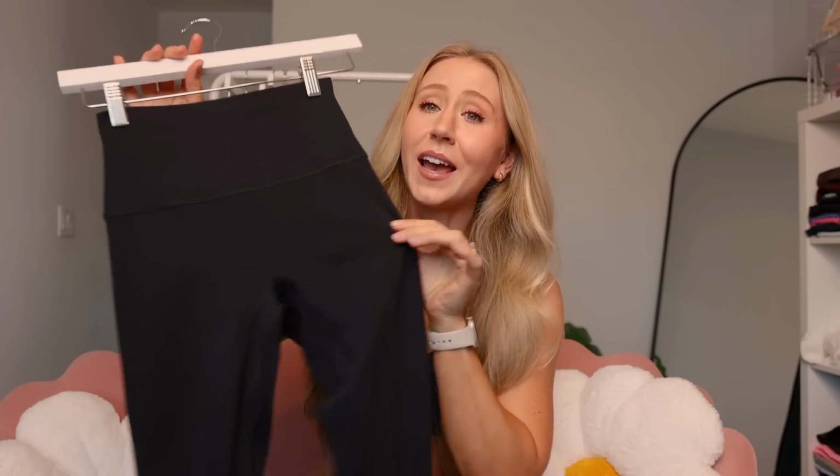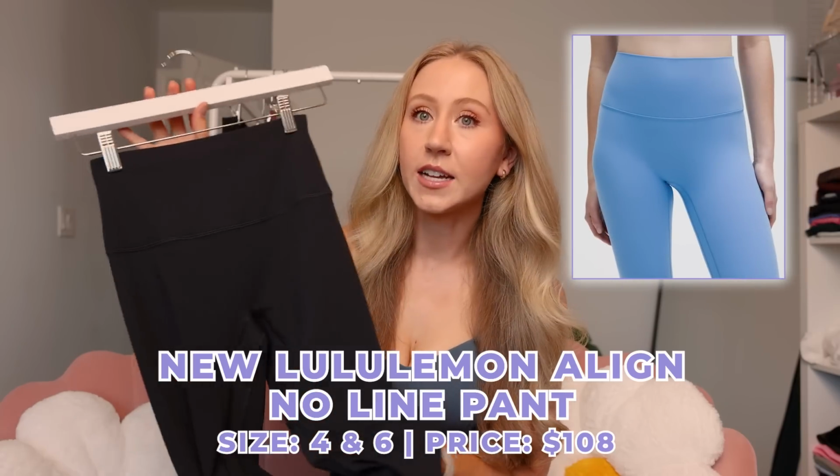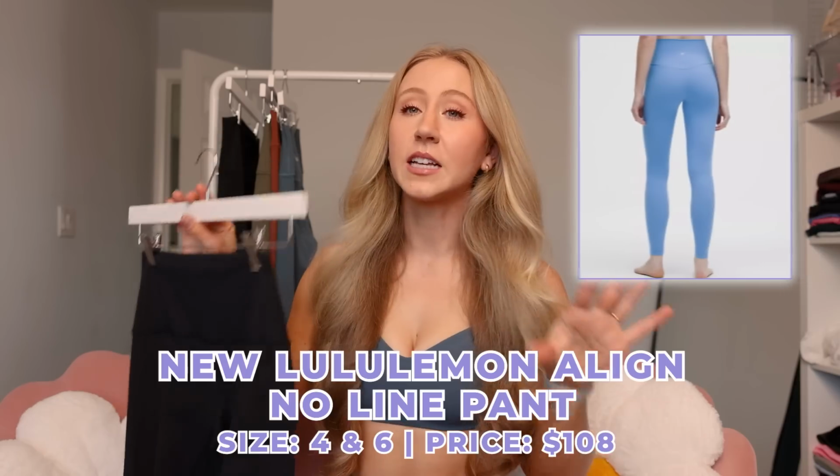And now, present day, 10 years later, Lululemon has done what we've all been asking for years, which is create an Align pant without a front seam. So today I'm going to be giving you my brutally honest thoughts on the new Lululemon Align no line pant. I got a size 4 and a 6 to compare for you guys today because I do kind of fall